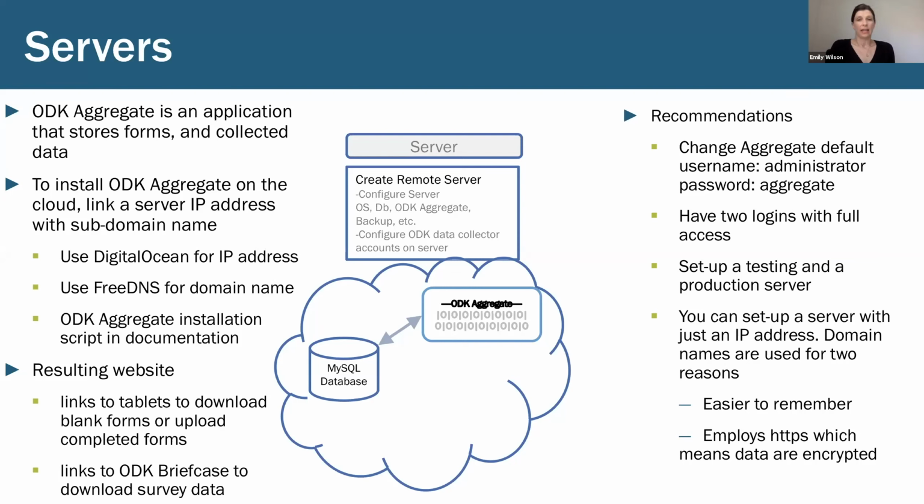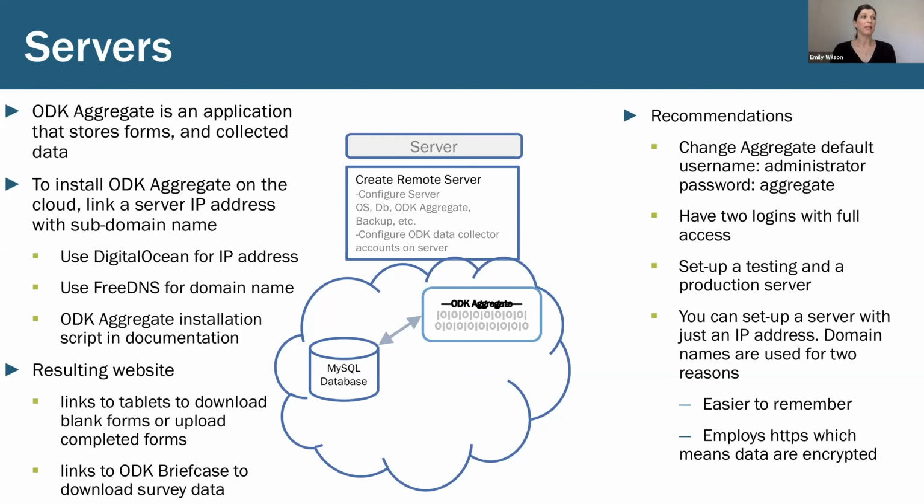ODK Aggregate is again the app that is the container for the data that goes in and out of that central part of the ODK tools. And there's a script in the documentation that populates this for you. And there are steps to do this available. We've been using DigitalOcean for the IP address, and you can buy domain names or you can get them for free at another website, FreeDNS. But at the end of this 20-minute process of getting a server up,